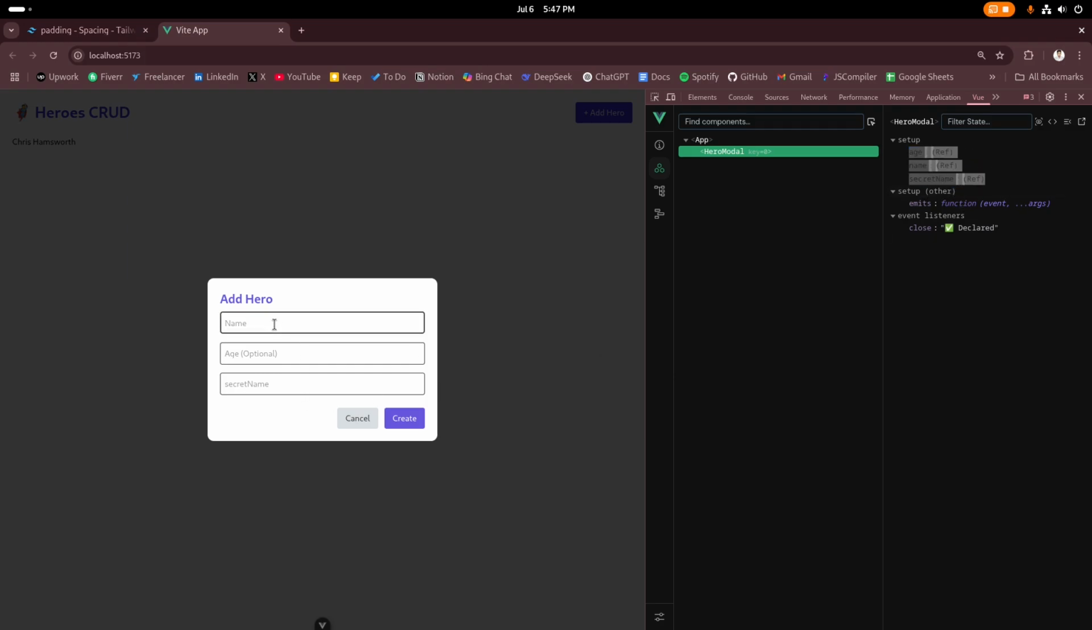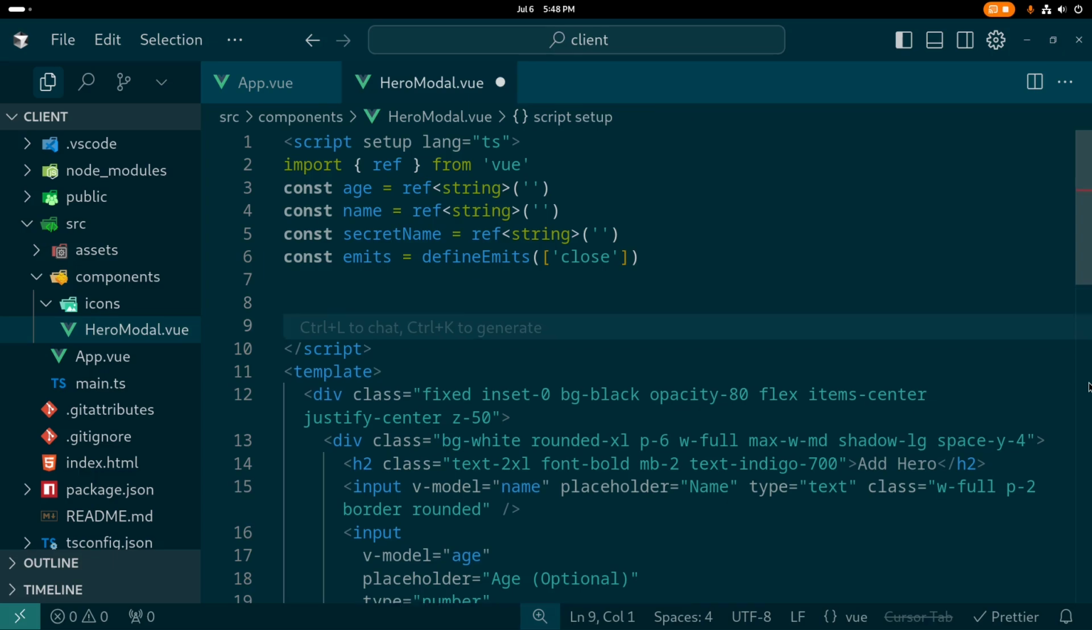Let me change the name, Sion. Yeah, it has been changed. Now change the age 12, secret name is, yeah, everything is changing. This is what the v-model does. Now we are going to create a function